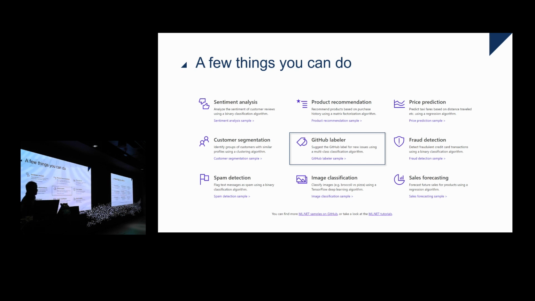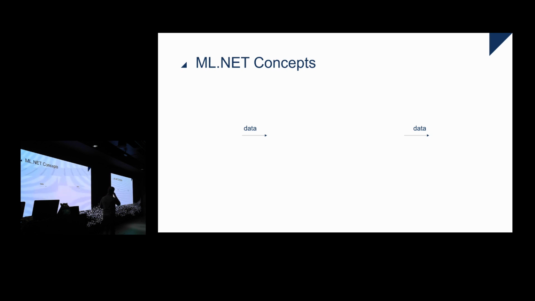So before we dive into the code, let me explain a little bit about what ML.NET actually looks like under the covers. We're not going to look at the internal code. I'm just going to explain a few concepts. People that have done machine learning or data processing, especially in Python, will feel quite at home using this API. It's a pipeline. Data goes in, it's transformed, either through pre-processing or cleaning, and then it goes through a machine learning model and out comes a prediction. Basically, the machine learning model will transform your input data into a prediction.